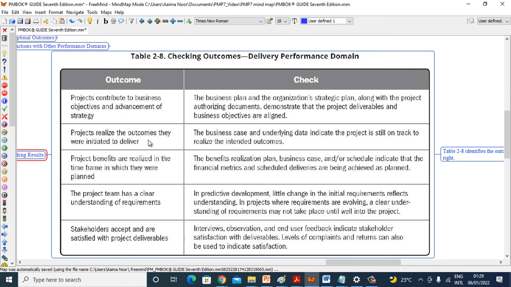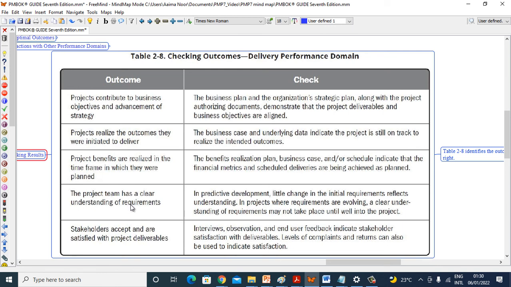Outcome: projects realize the outcome they were initiated to deliver. Check: the business case and underlying data indicate the project is still on track to realize the intended outcomes. Outcome: project benefits are realized in the time frame in which they were planned. Check: the benefits realization plan, business case, and schedule indicate that the financial metrics and schedule deliveries are being achieved as planned.